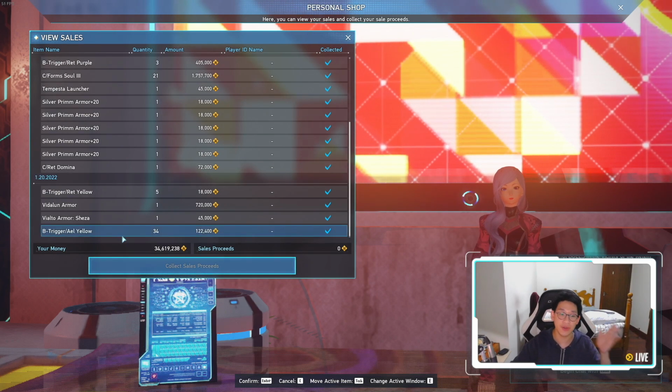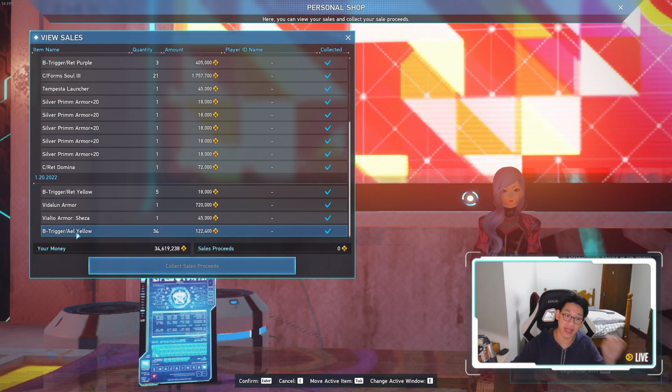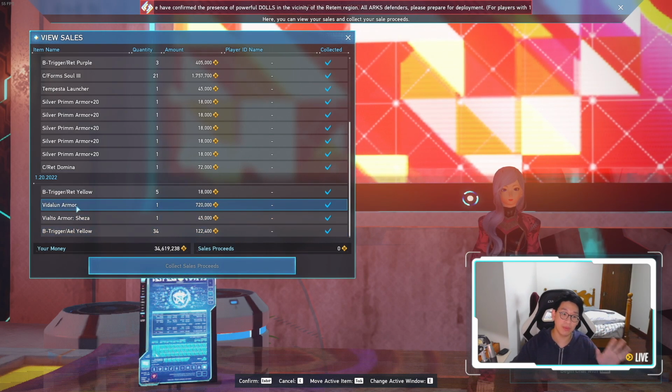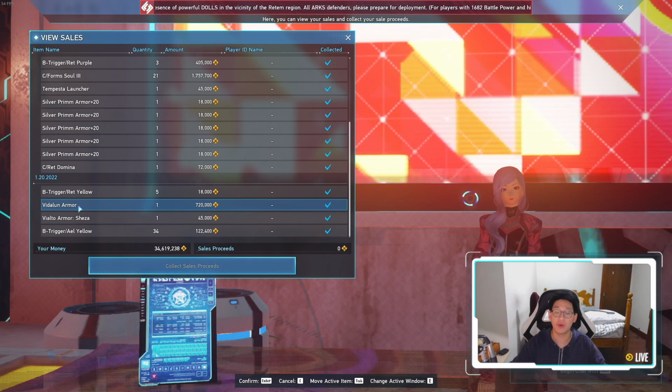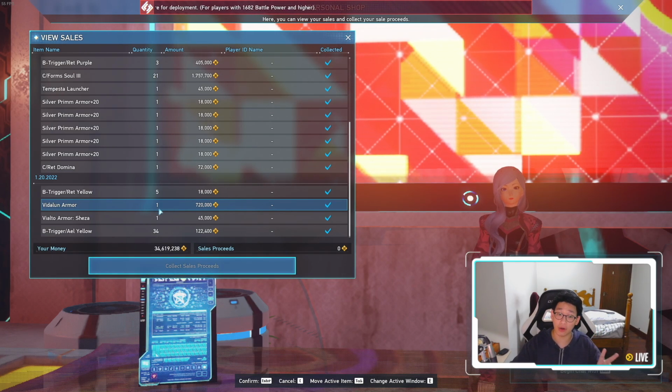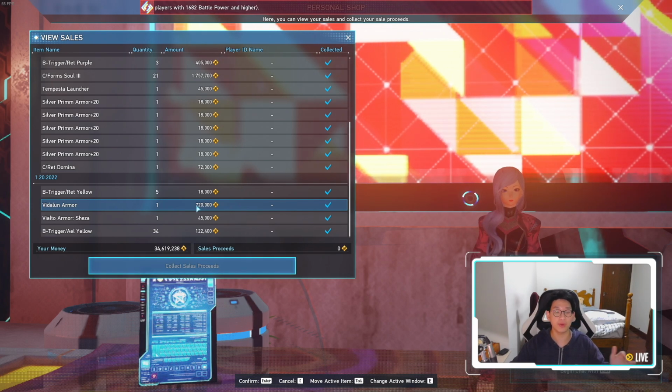If we scroll down here, you can see that I also sold all of my Alio yellow and purple triggers in order to make more money as well. And I also sold a bunch of armors which I got from purple triggers which had Fixas. So this Vidalin armor actually had a PSO2 guard on it, and even though the lowest price selling for that